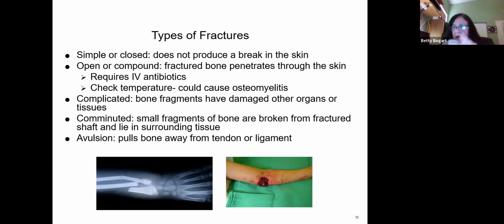Well, once a bone comes out of the skin, it's into the environment. And now our concern is going to be infection. Infection, that's our big thing. Open or compound, our biggest thing is infection. So, priority is antibiotics. As long as we've got good neurovascular signs and blood flow's going good, okay, start the antibiotics